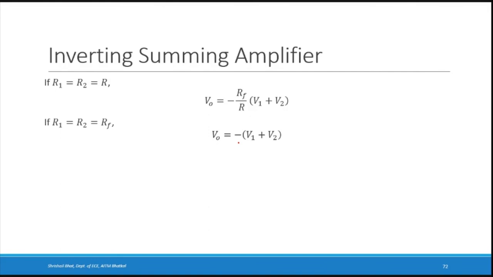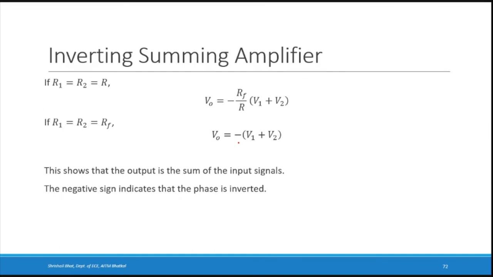So we are going to have certain numerical examples on this. They will give some values of R1, R2 and RF, and some input voltages V1 and V2. You'll have to find the output voltage. So you have to know the equation for output voltage in terms of V1 and V2. You can use that and substitute and get the answer. Normally what is asked, or what is more important, is a 3-input inverting summing amplifier, right? In this case, the negative sign indicates that the output is inverted.